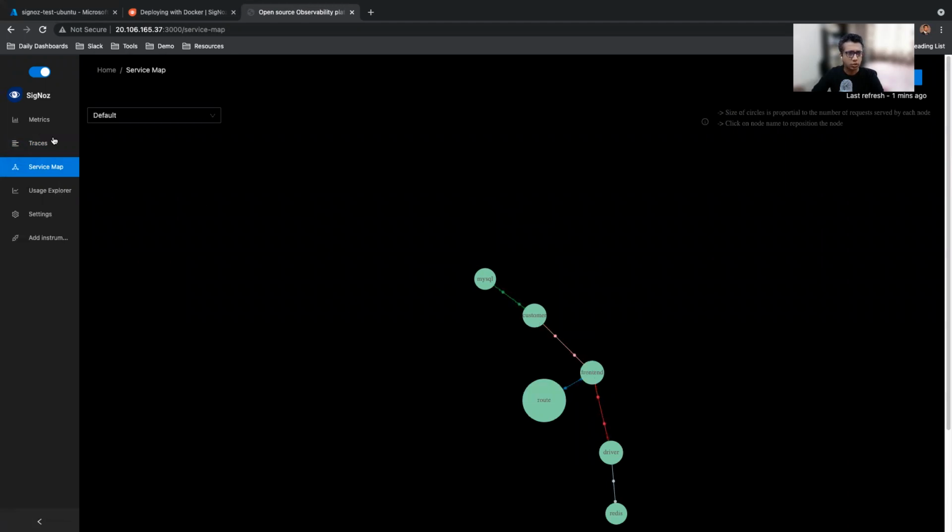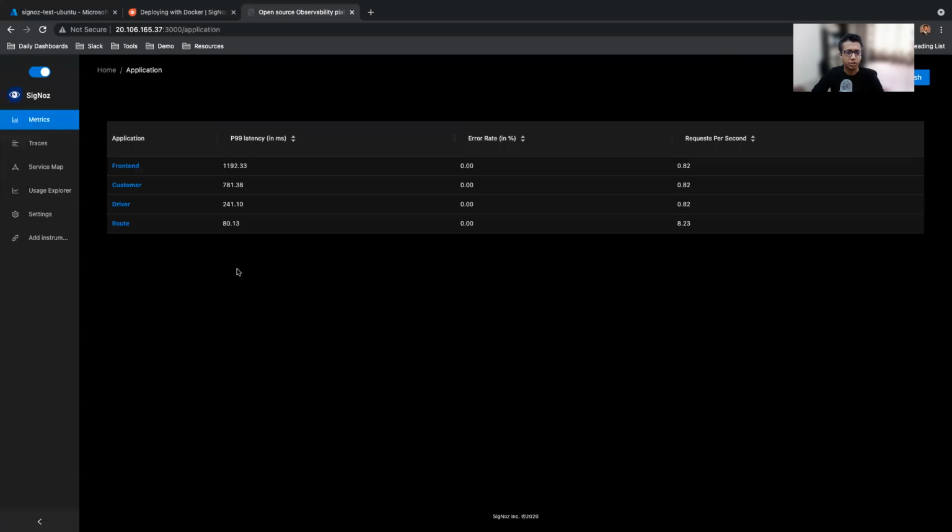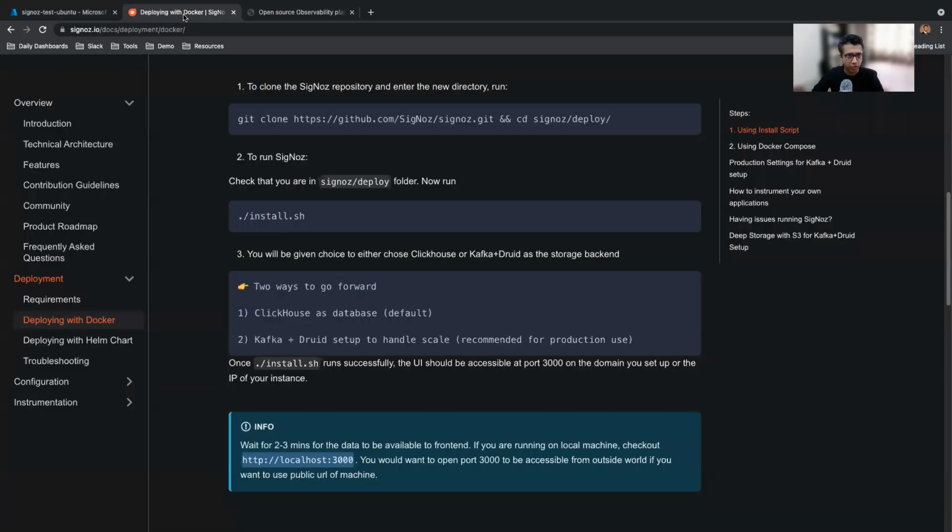Right? So this is a quick overview of how Signals can be installed, and within a few minutes, less than 5 minutes, you can start seeing your data here and start seeing Signals installed on your Ubuntu machine, right? Now the next step would be for you to instrument your applications.